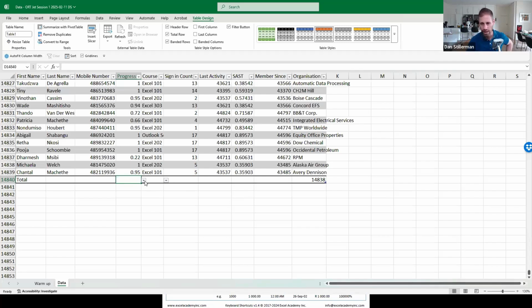Instead, because we're in table mode and it's super smart and intuitive, we just go to this drop-down list. We click on this option over here, which says average, and it gives us calculation of the average, which is almost 88%. All right, if we want to know what the average sign-in count is, we can do the same thing over there. Or,